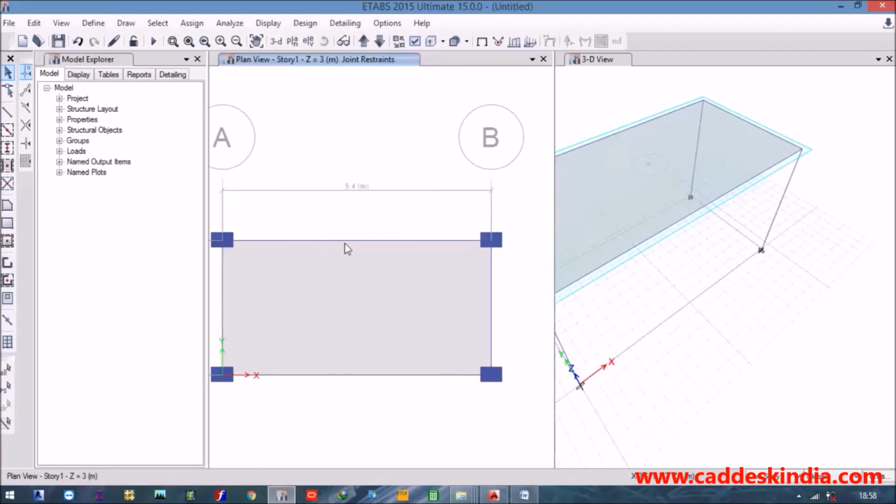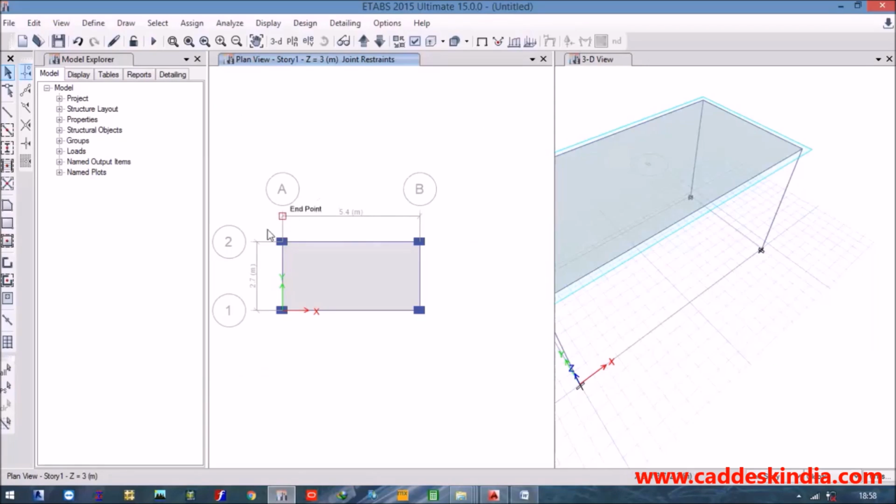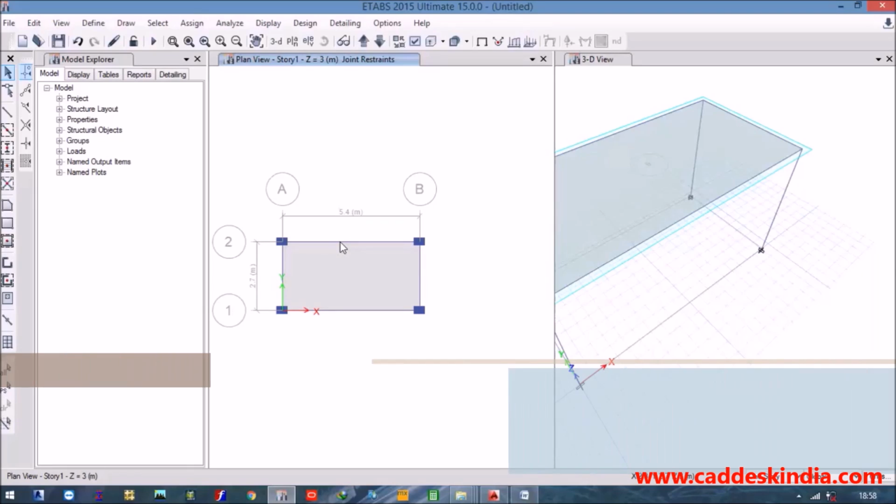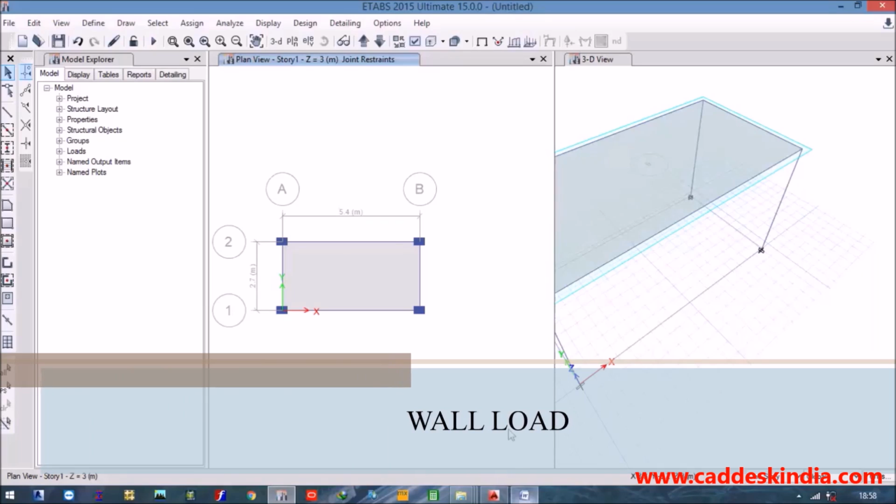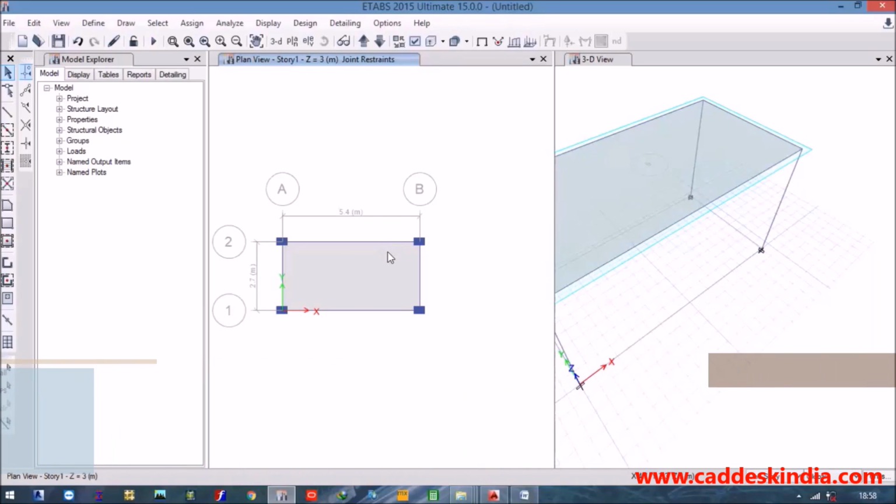So first, self-weight is assigned by default on this object. So for defining the wall load from this point to this point, the load of the wall is minus 12 kilonewton per meter. So